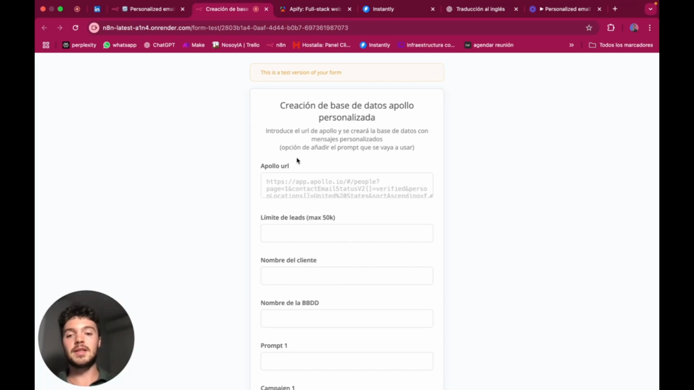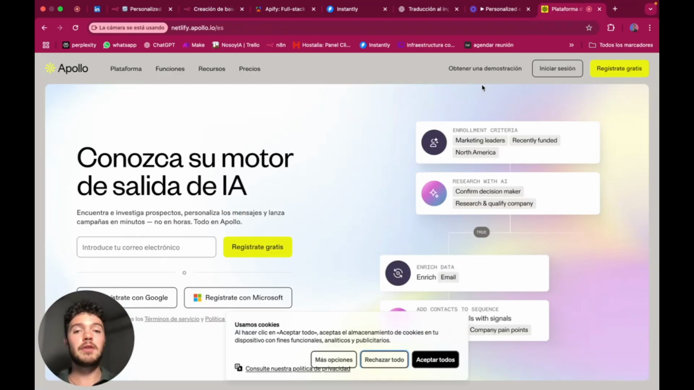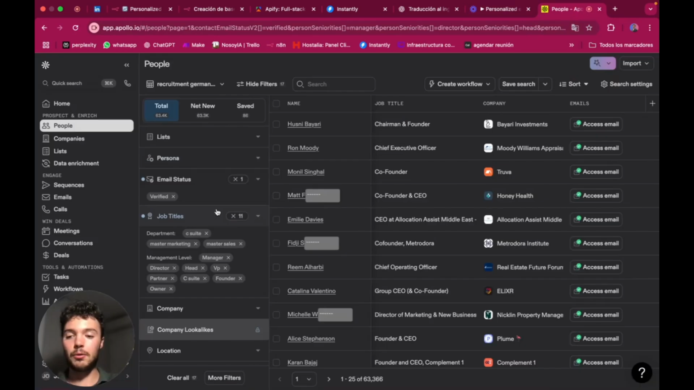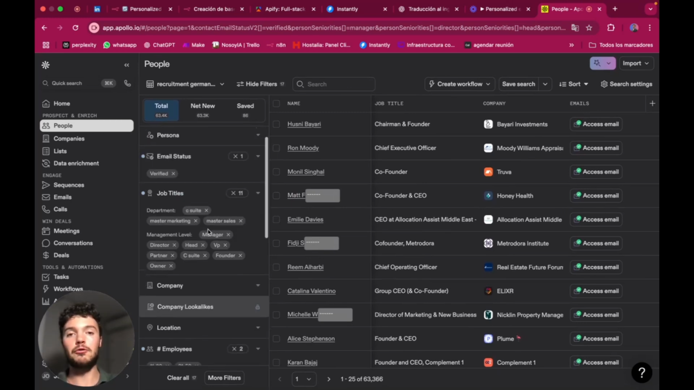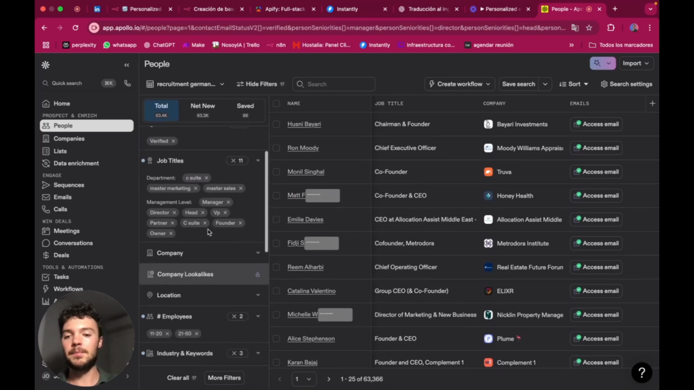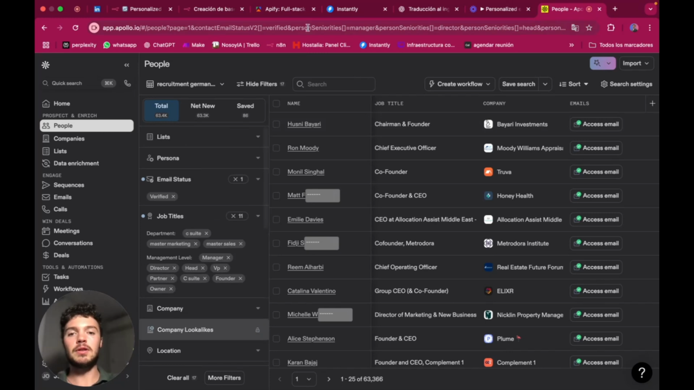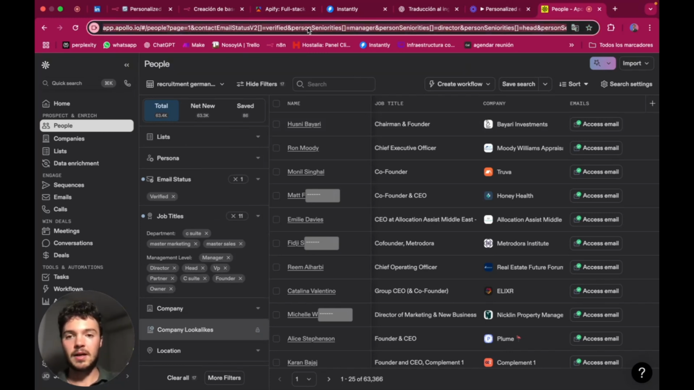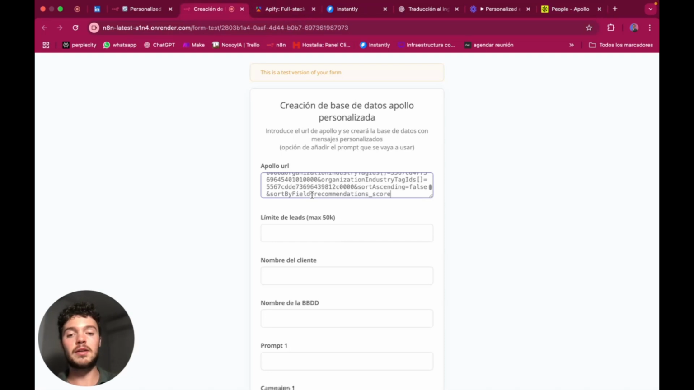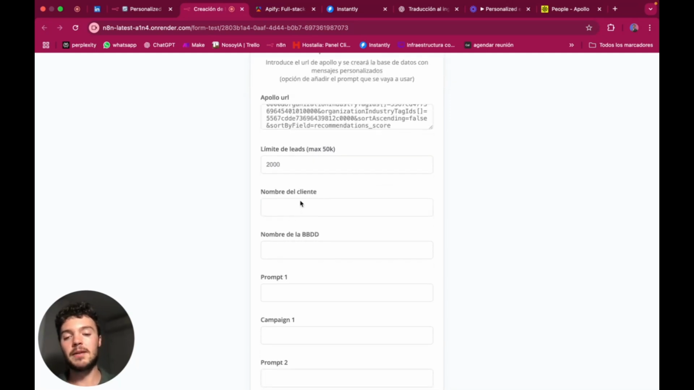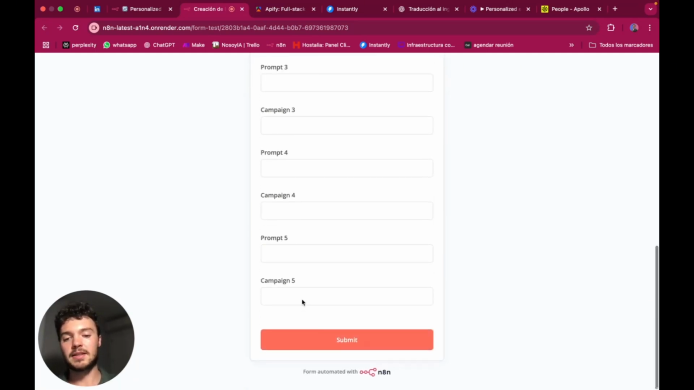Also, you might have noticed that we need the Apollo URL. For that, we just need to go to apollo.io. In apollo.io, you want to set a bunch of filters for your ideal customer profile, the people you are going to target for this email campaign. These are all the types of filters you can set, and then you take this URL and copy it. You can just paste it here, and set the amount of leads that you want, let's say 2000. Okay, so when you have this ready, you can set the prompts, set the campaigns